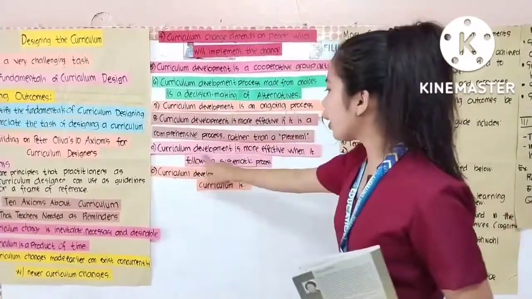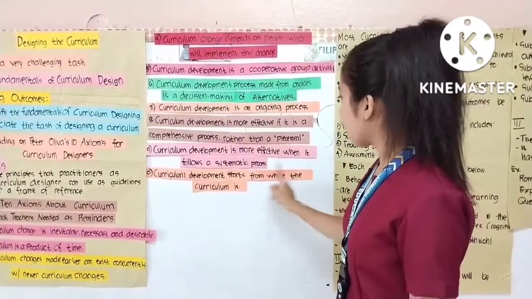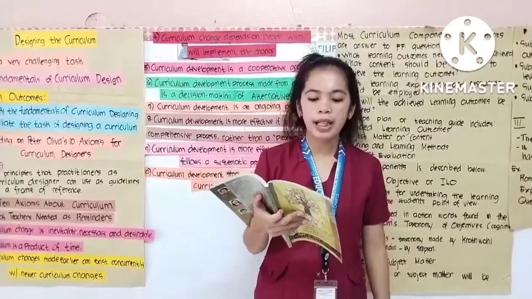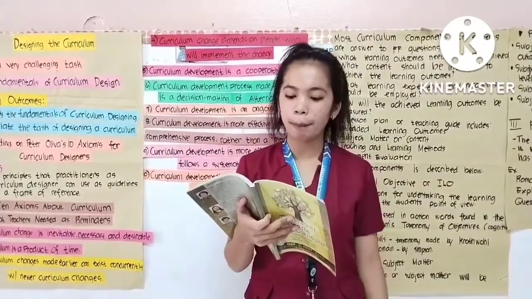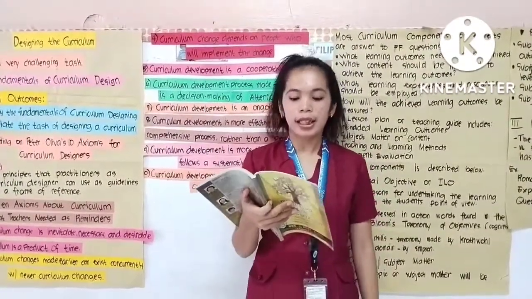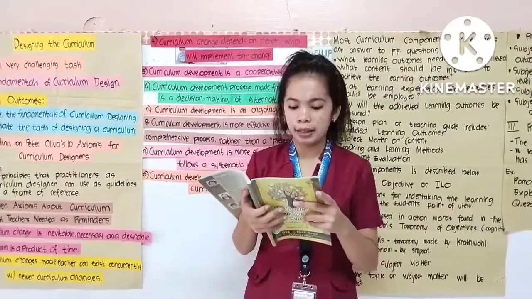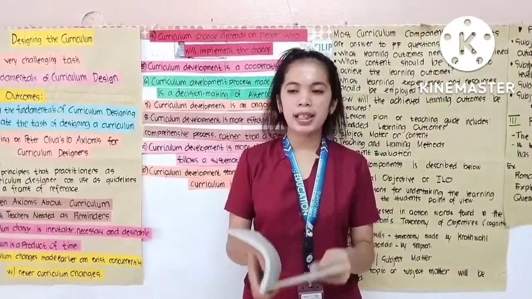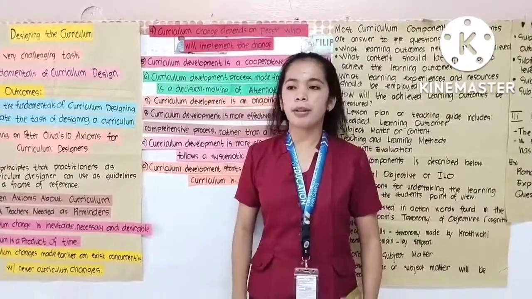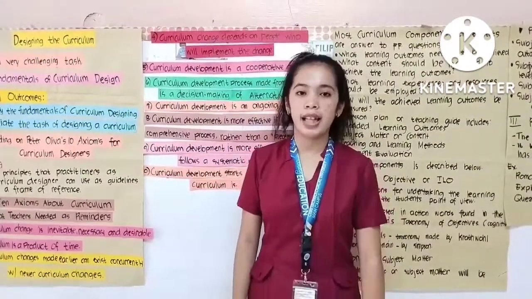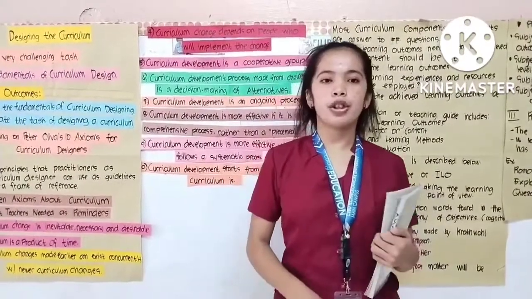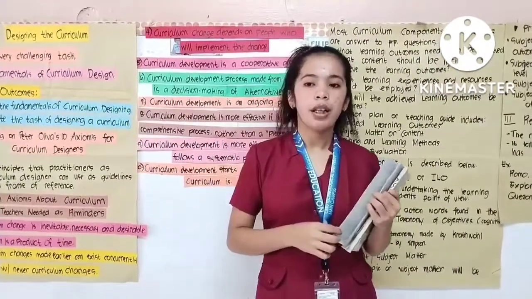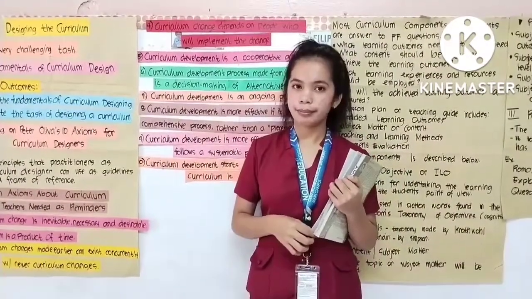Number 9, curriculum development is more effective when it follows a systematic process. A curriculum design is composed of desired outcomes, the subject matter content complemented with references, a set of procedures on how to implement it, needed materials and resources, and an evaluation procedure, which can be placed in a matrix. So systematic curriculum development is more effective than trial and error. The set of procedures should be made systematically by following and establishing the procedures and the goals.